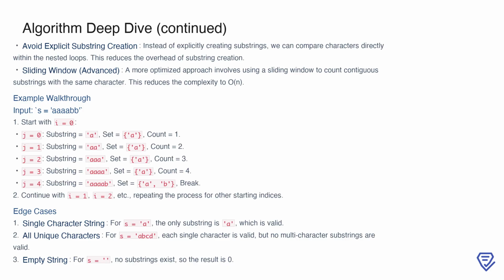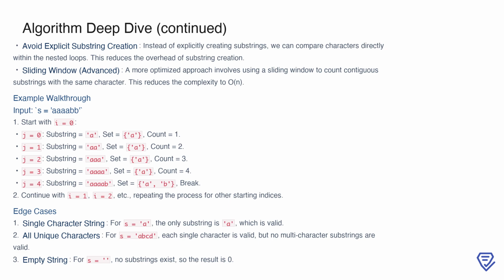Additionally, a more advanced optimization involves using the sliding window technique. With a sliding window, we dynamically adjust the bounds of a window to count contiguous substrings with the same character. This optimized approach significantly reduces the complexity to O(n), as we no longer need nested loops to examine all possible